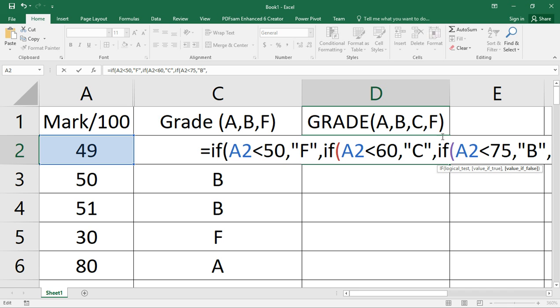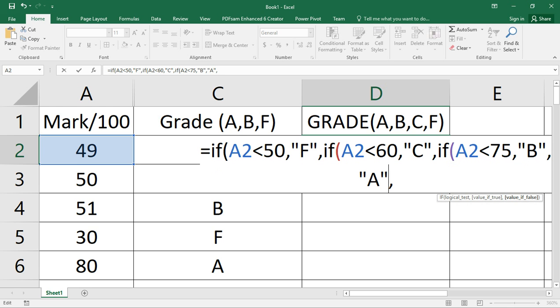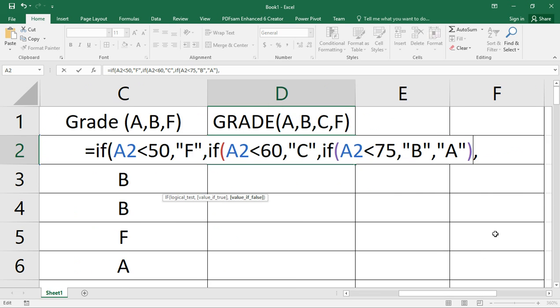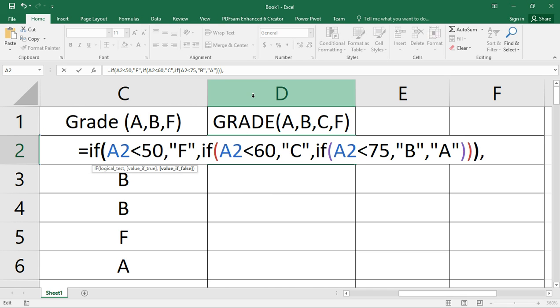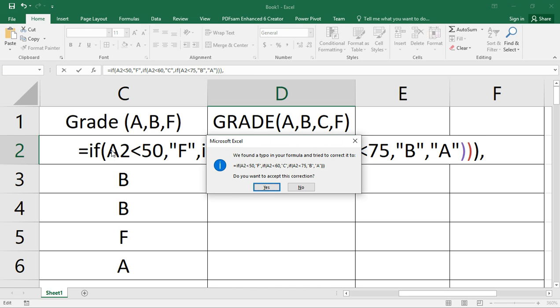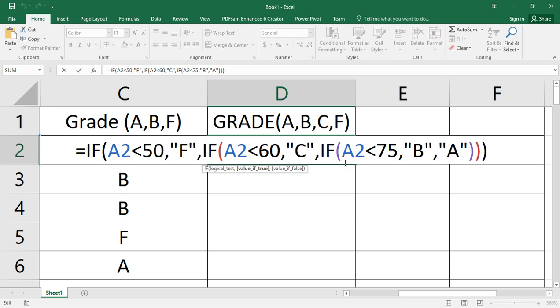Because we are left with only A. Anything else that we can get is an A. We close the brackets. So that's the function. We close this bracket, we need to close another bracket, that one, it's matching that color, and then we close the other one, which is matching that color. We press enter on the keyboard, and it's asking, do you want to accept this correction, there's an error, okay, that's fine.